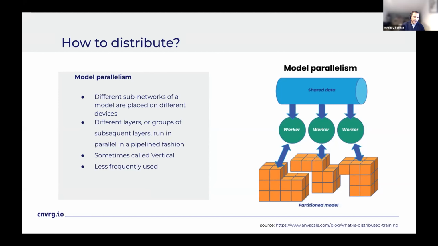In model parallelism, different layers or groups of subsequent layers are run in parallel in a pipeline fashion. This means that the output of one layer is passed directly as the input to the next layer, so each layer is being processed by a separate device. And by breaking up the model in this way, model parallelism allows for faster computation and the ability to work with large models.